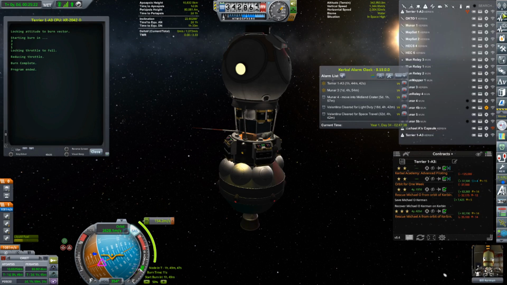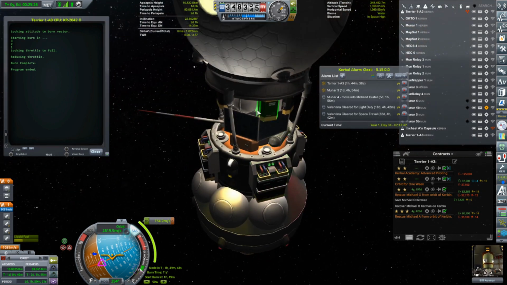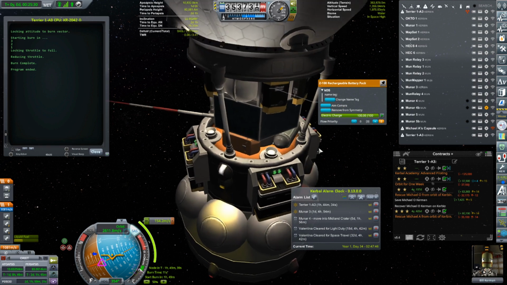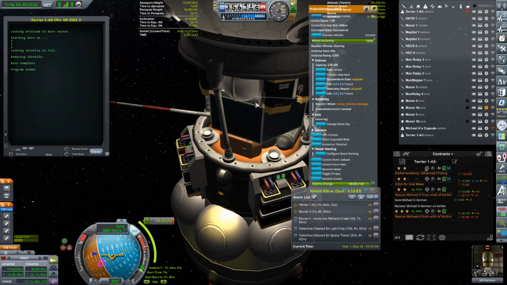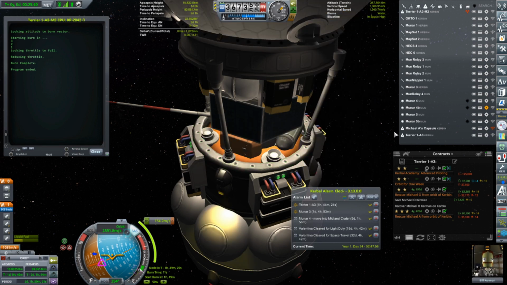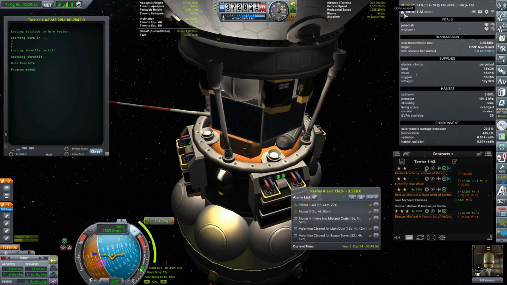I can do this from here. Oh, I should give this a different name. This is Terrier... should be a probe body. There. I just realized both vessels have the same name. So this is Terrier Mission 2. Okay. So now we're going to jump to Terrier Mission 1